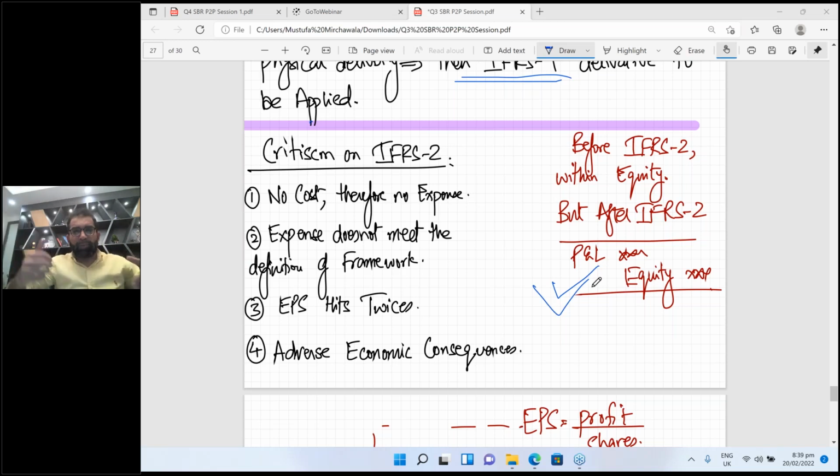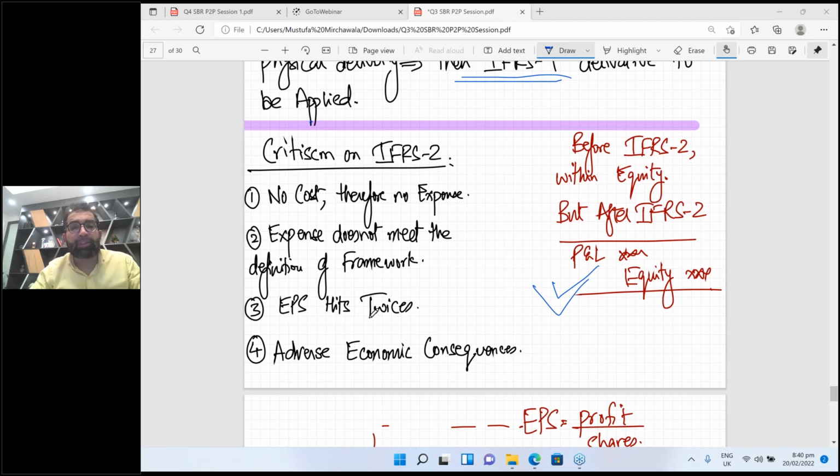When you give targets to your employees, you say do this and I'll give you shares. By giving these targets, employees start working hard, and when employees work hard, they make you earn. So your revenue will increase. When you are booking the revenue in the income statement, you should book the expense as well. So revenues and expenses will be matched. Are you getting? So this is the pure application of the matching principle.